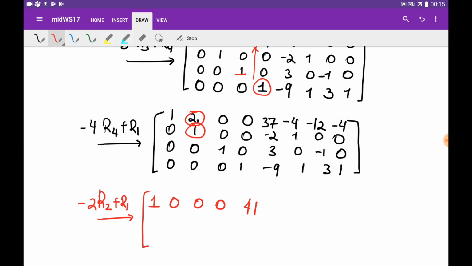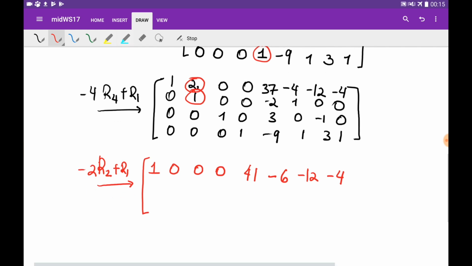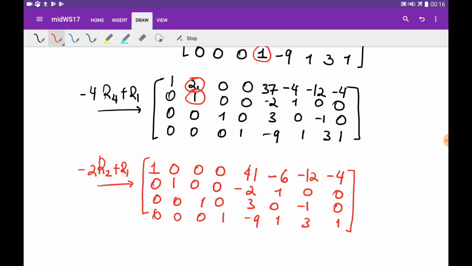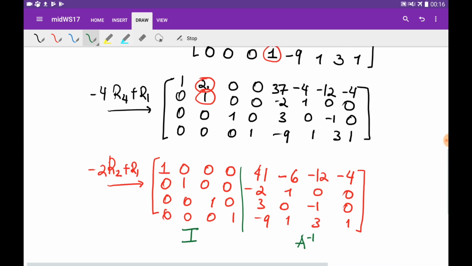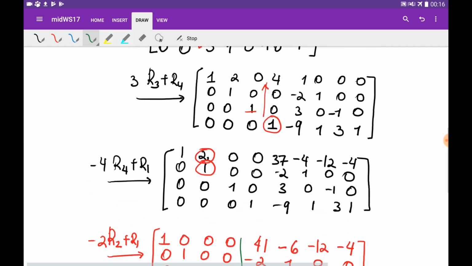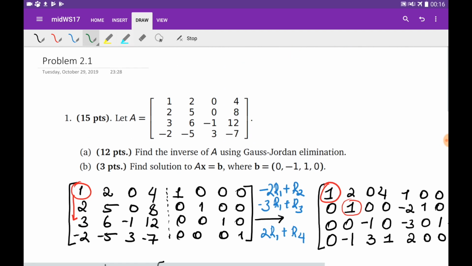Minus 2 multiplied by 1 is minus 2, plus 4 is minus 6, minus 12, minus 4. And I don't change all the other rows. So I obtained the reduced echelon form of this matrix in the form that on the left hand side I've got the identity matrix, and the matrix on the right hand side is going to be the inverse of our matrix. So now we're going to use this inverse in order to find a solution for the system when the